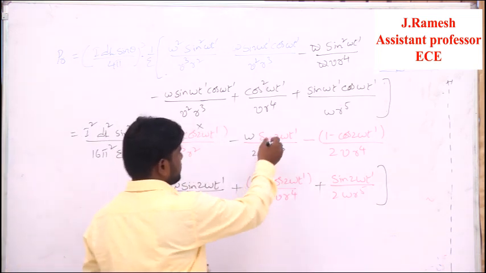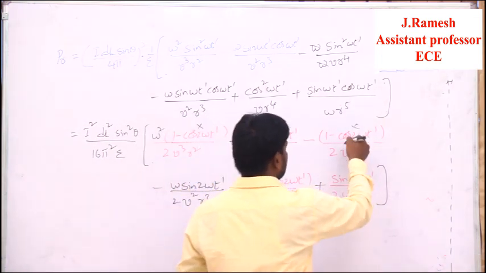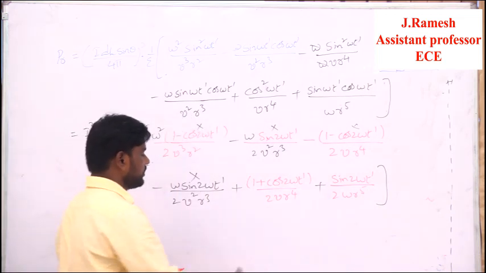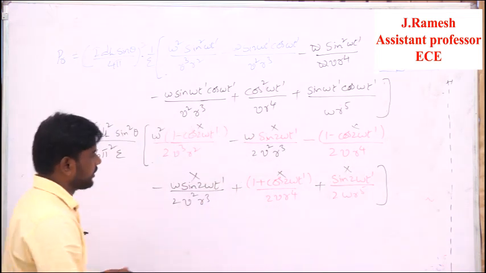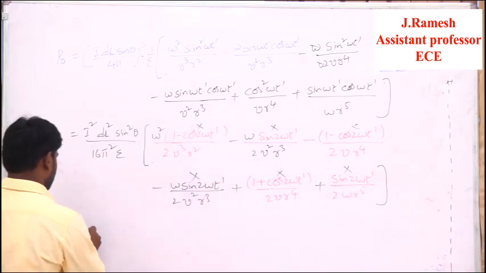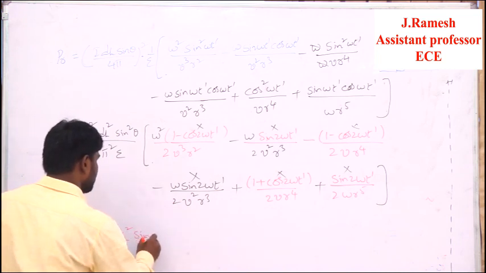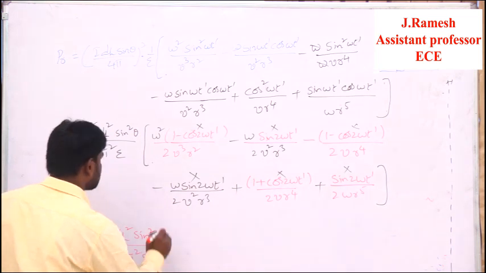Just remove it. The complete term is going to be removed. Here half of the portion will be removed, and here the complete term is going to be removed. Here half of the term is going to be removed. Here also the entire term becomes removed. So now what I will get at the end is I square dl square sin square theta by 16 pi square epsilon